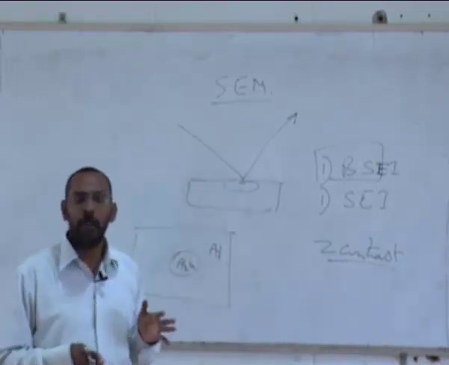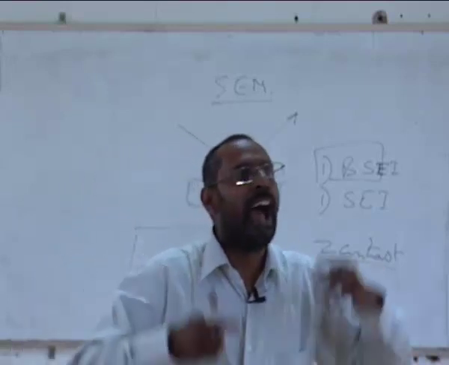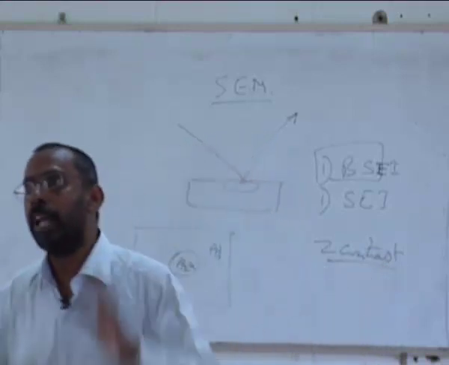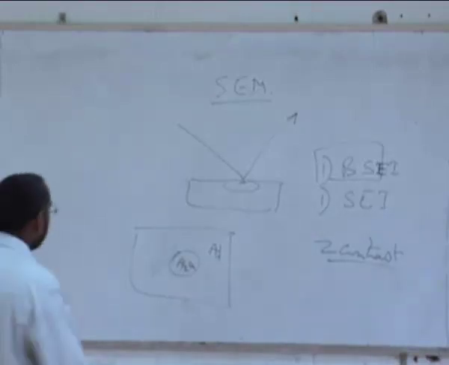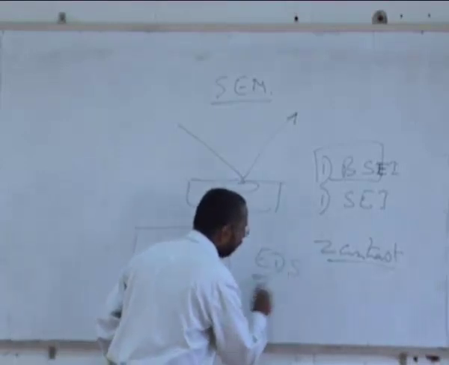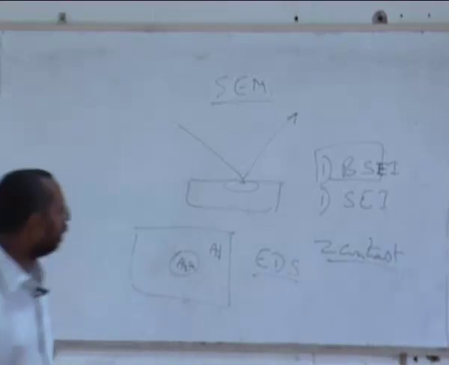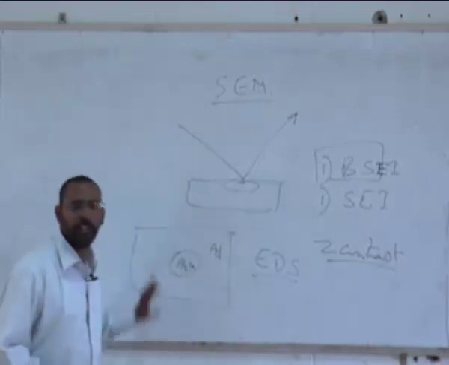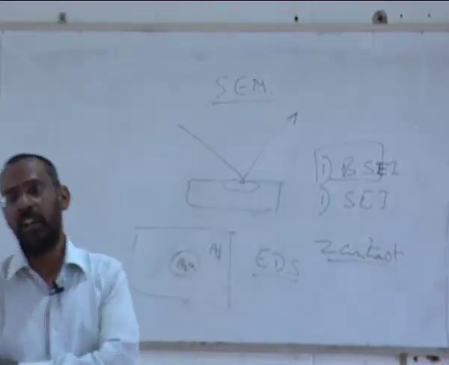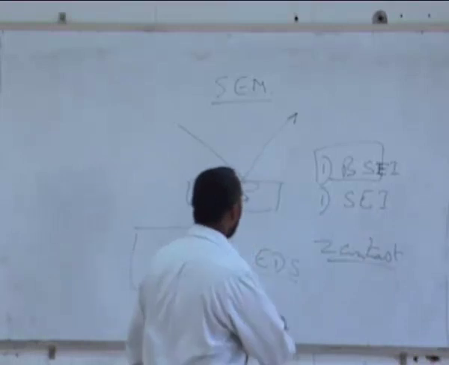So by looking at that, I will be able to say that yes, here is the region where you have some element which has a higher atomic number. I do not know what element it is, but I will at least be able to say that there are elements inside that particular region which have higher atomic number. To find out what elements they are, there is another technique called energy dispersive spectroscopy, which we will cover in one of the next classes, when we start talking about spectroscopy. So this backscattered image gives you an atomic number contrast, or people call it Z contrast, whereas the secondary electron image gives you a topography.